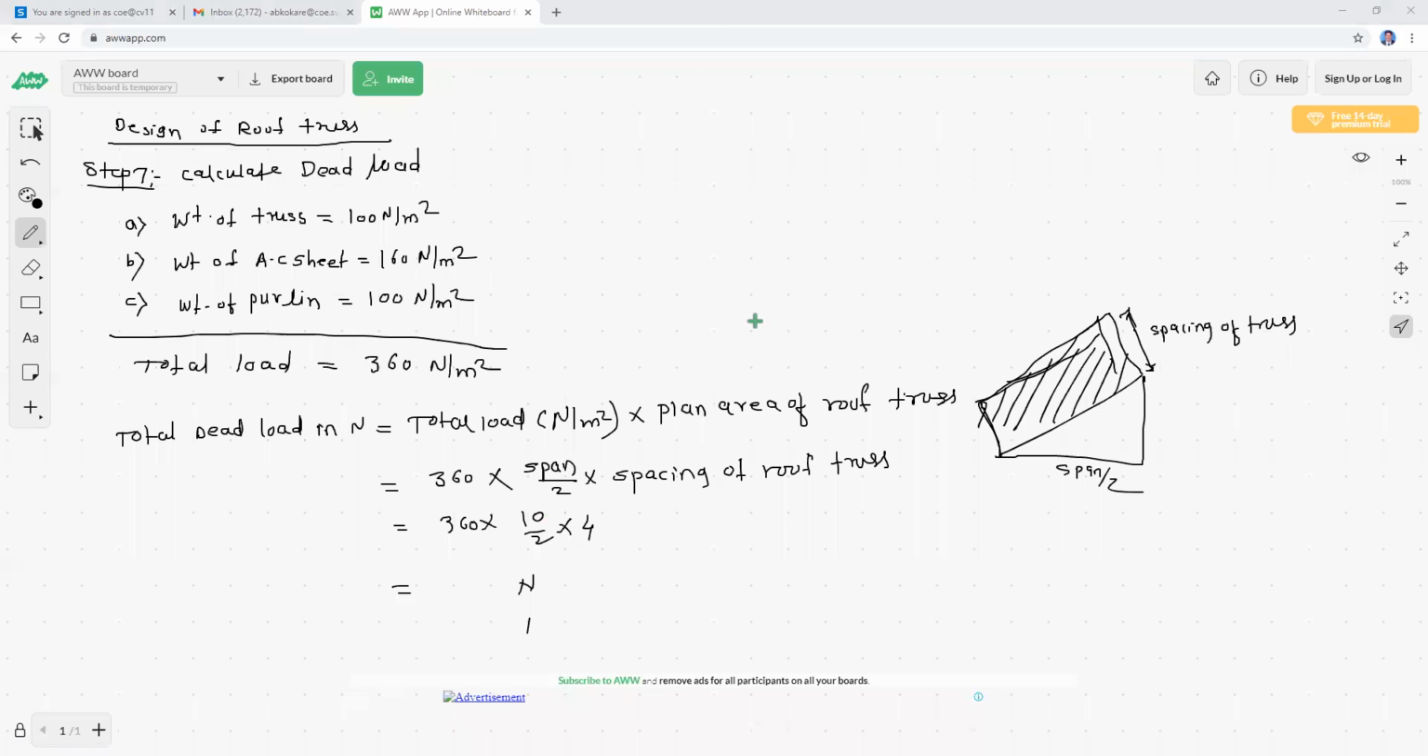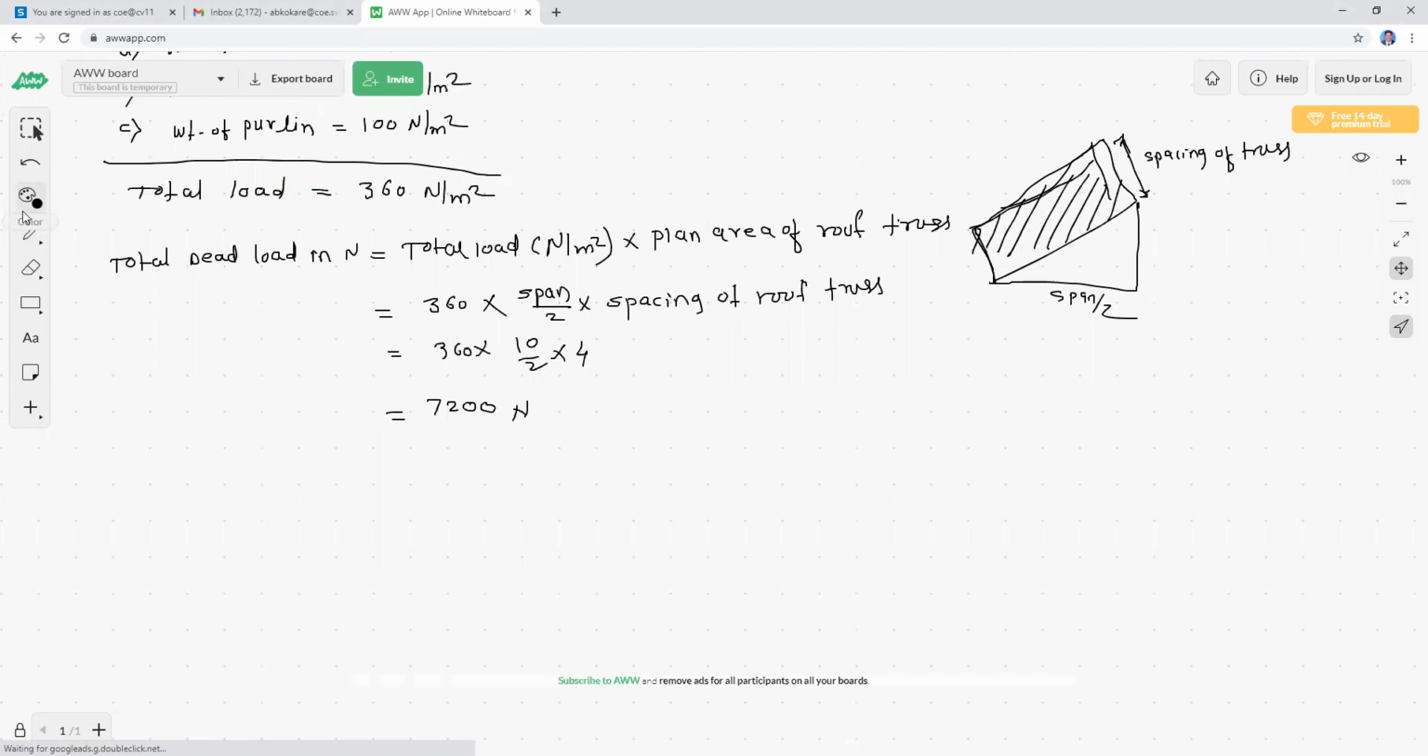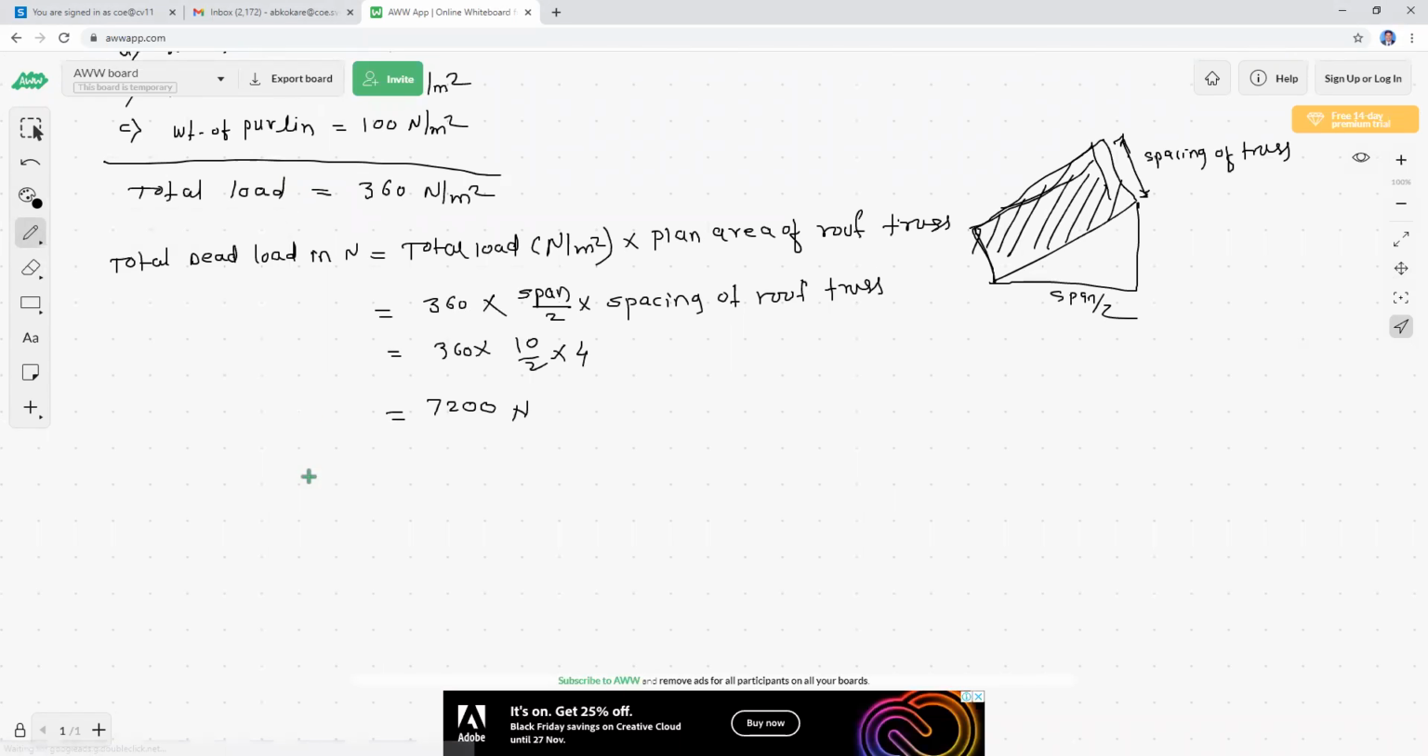7200. 7200 Newton is the total dead load. Okay, so now this is the total dead load. Now we have to calculate dead load on intermediate panel points. Now, we have used the Pratt truss. So in the Pratt truss,